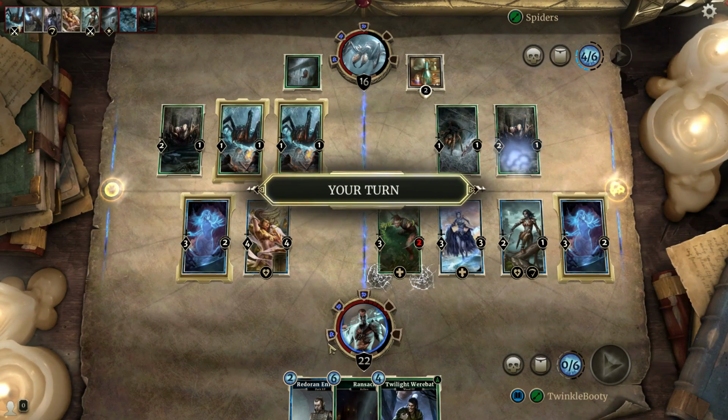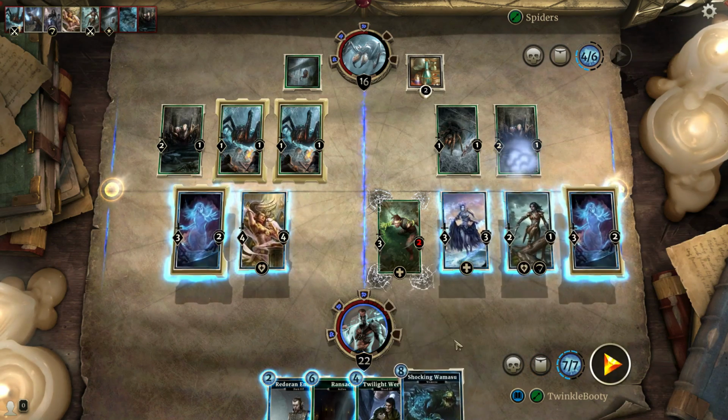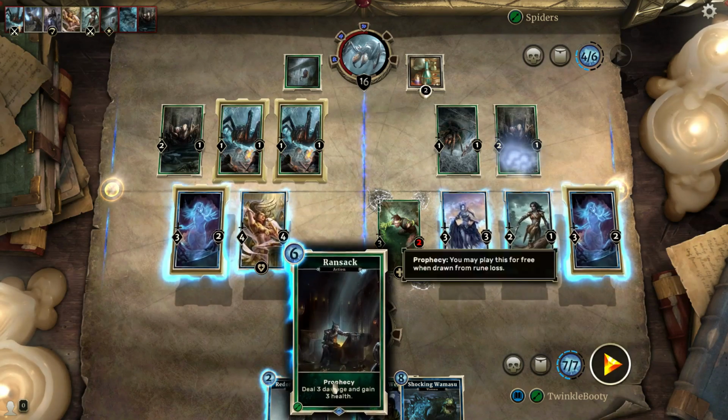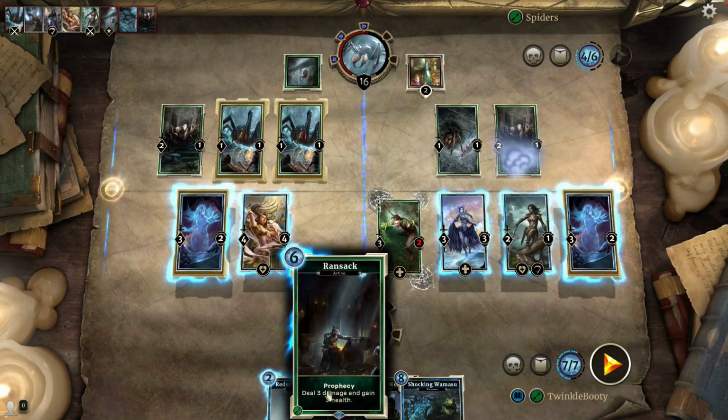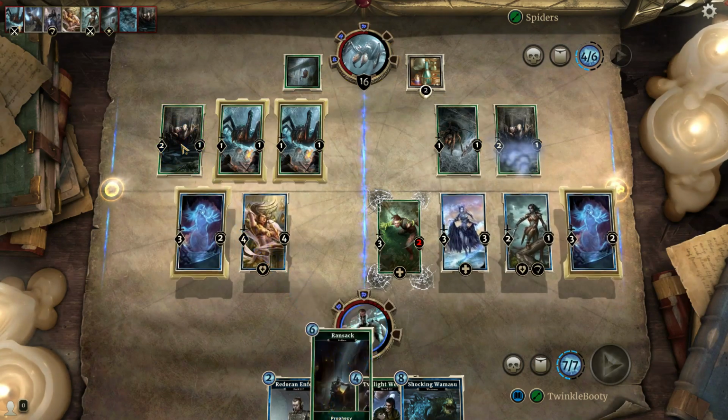I think we've got this under wraps, but they're choosing not to attack us. What is this? Deal 4 damage. Jeez. Let's go ahead and just drop... He's not playing anything bigger than these 2-1s, so let's just go ahead and drop this guy right here with a ransack, even though it seems like